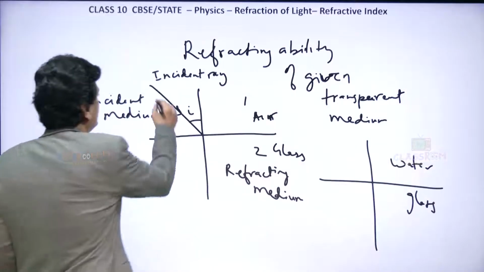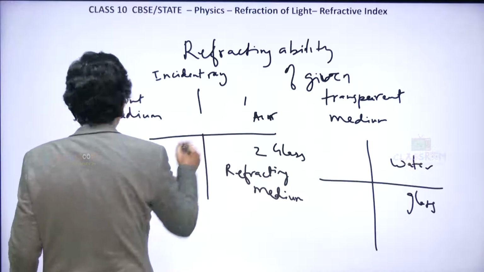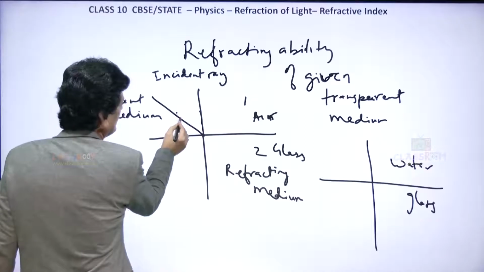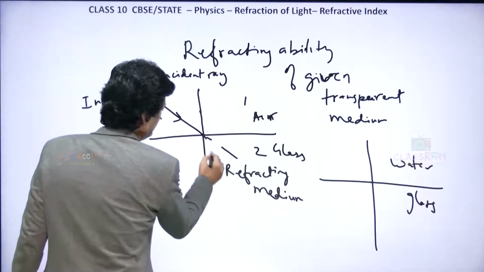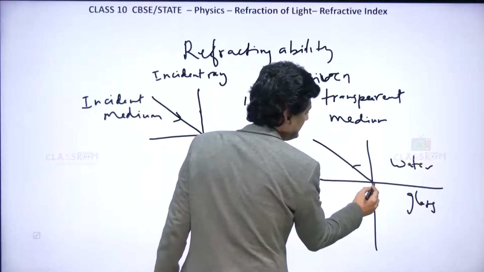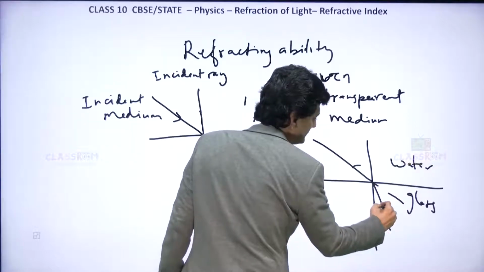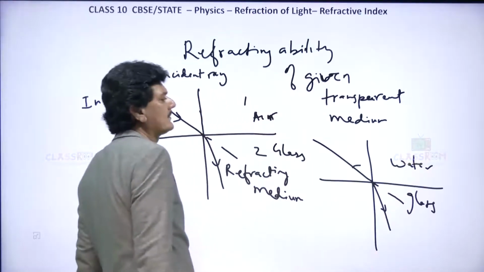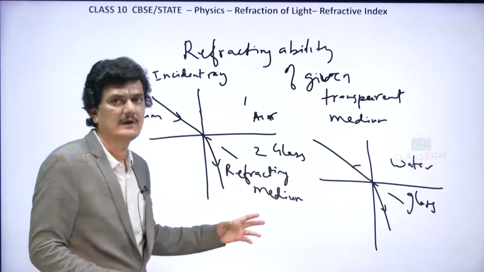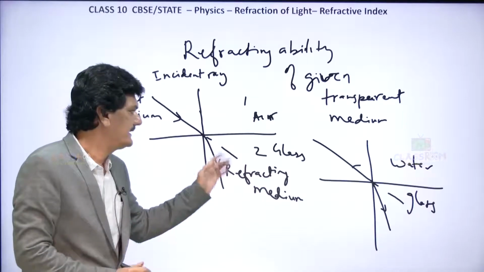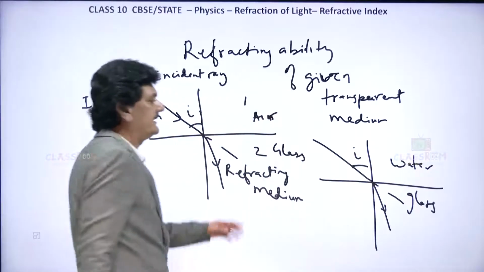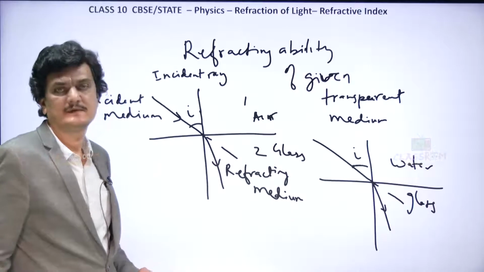Here let us draw this again. And instead of going straight, it is going in this direction, and here again with the same angle of incidence it is bending more. We cannot right now say where it will bend more or less, that we will have to solve, but the thing is that for the same angle of incidence i, the bending done by glass is different in these two cases. So, therefore,